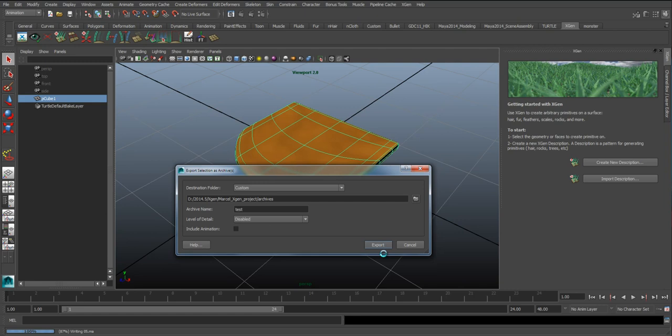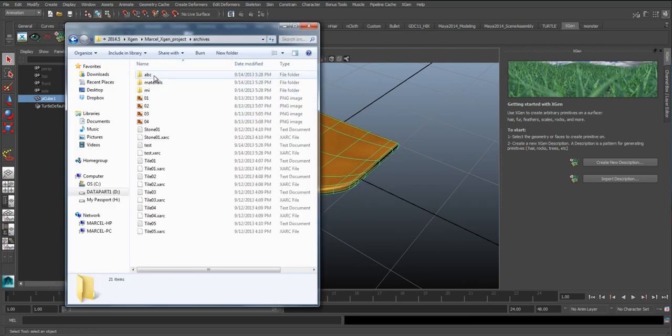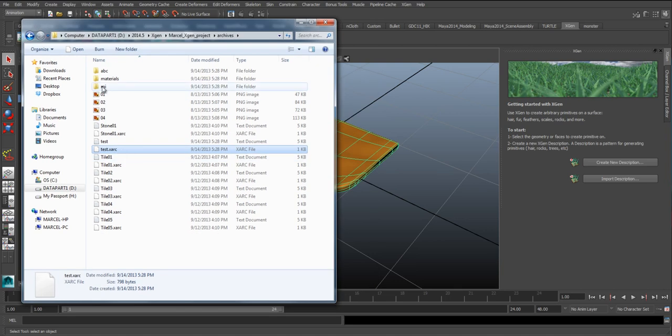As soon as I export this, it takes the geometry, it takes the textures. There it is, archives. And we now have an archive called test.xarc. That's the extension for archives. So that's the other extension here that I wanted to mention. So we have xuv, xgen, xdrac, xarc, and within the 3 folders, if you have nothing in this archives folder up in here yet,